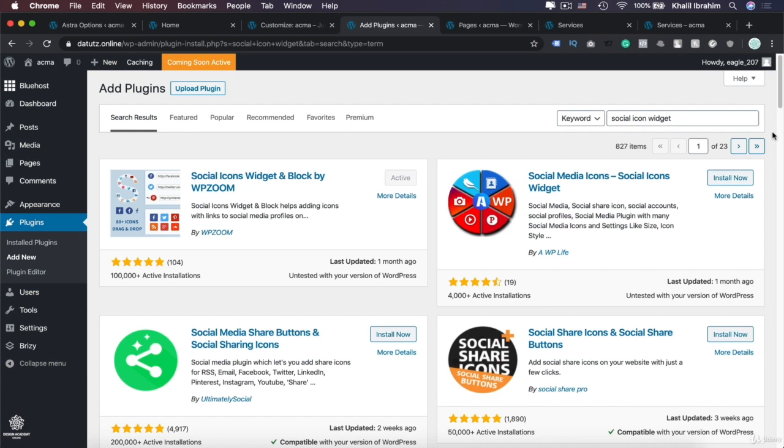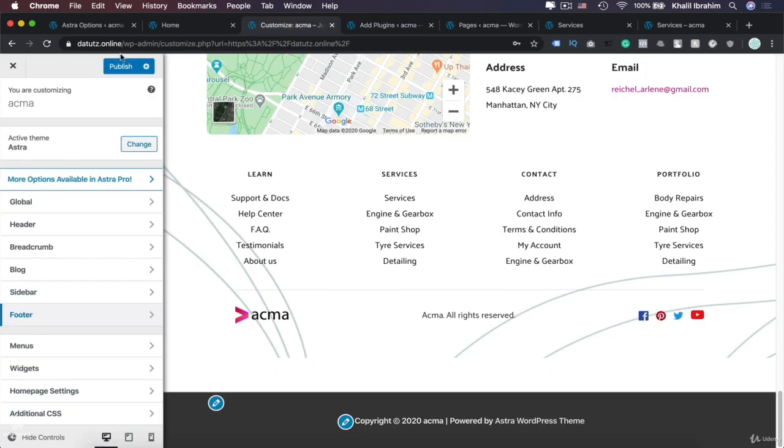Now it's time to customize our footer area using our theme's customizer for Brizy free users. Before we customize our footer area, let's go quickly to plugins, add new, and search for social icon widget. Then you'll find that plugin in here. Make sure you install and activate that plugin, as this will be adding some cool social icons to our footer area. Once you do that, head to your home page, then click on customize to edit the theme's customizer,